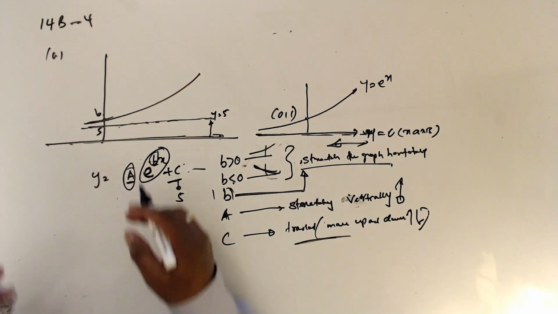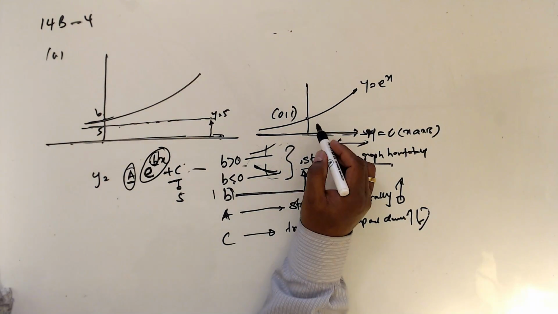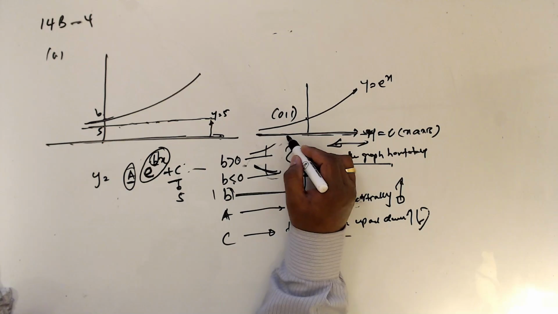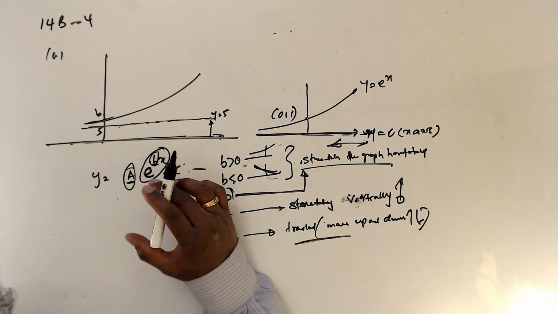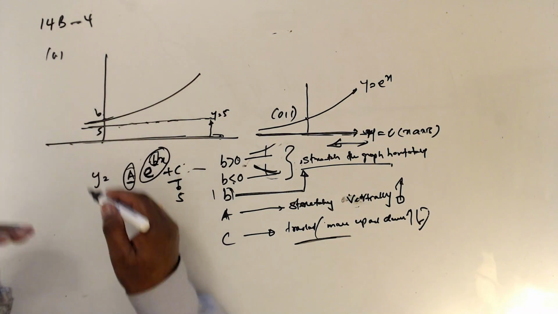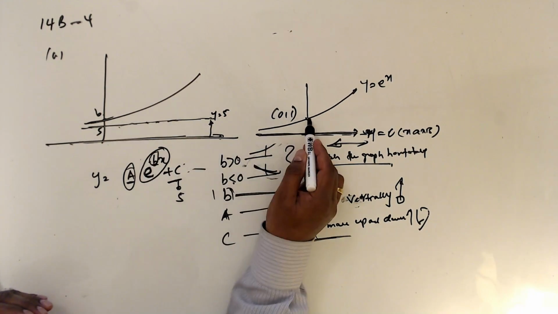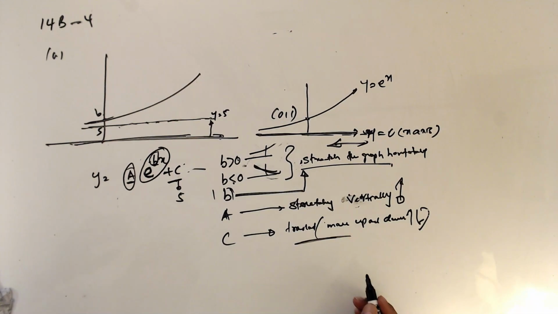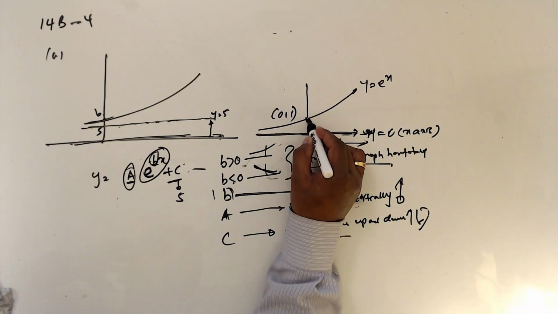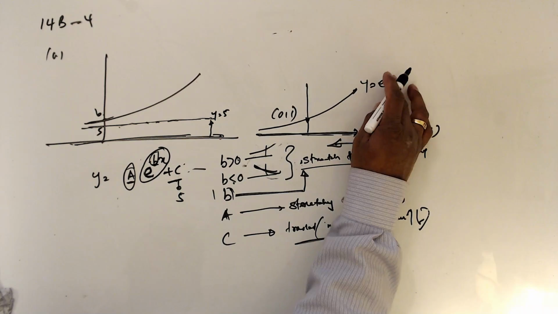So I bring that 5 down and see what it is without moving. What is the location when I get rid of this translation? It means this 5 I have to bring down. So 6 becomes 1 and 5 becomes 0. Now this is the y equals 0 line. Now this is the 0, 1 point. Now this graph is